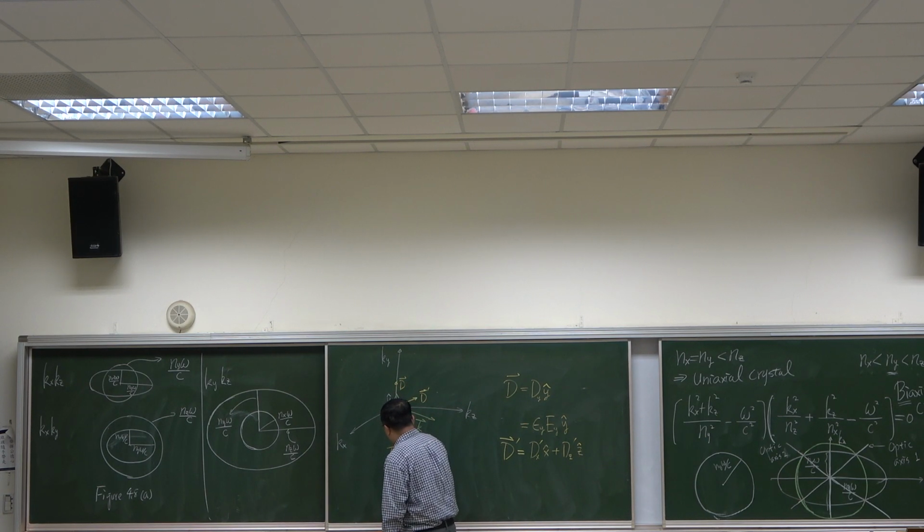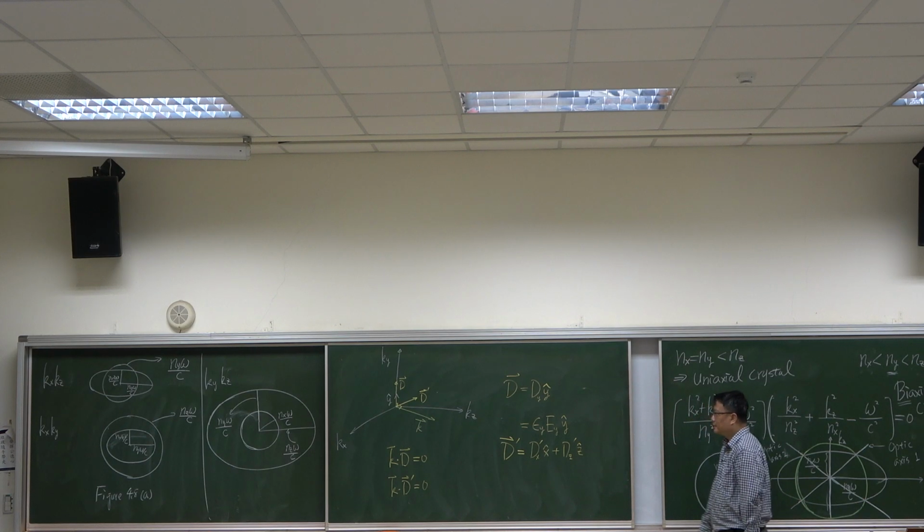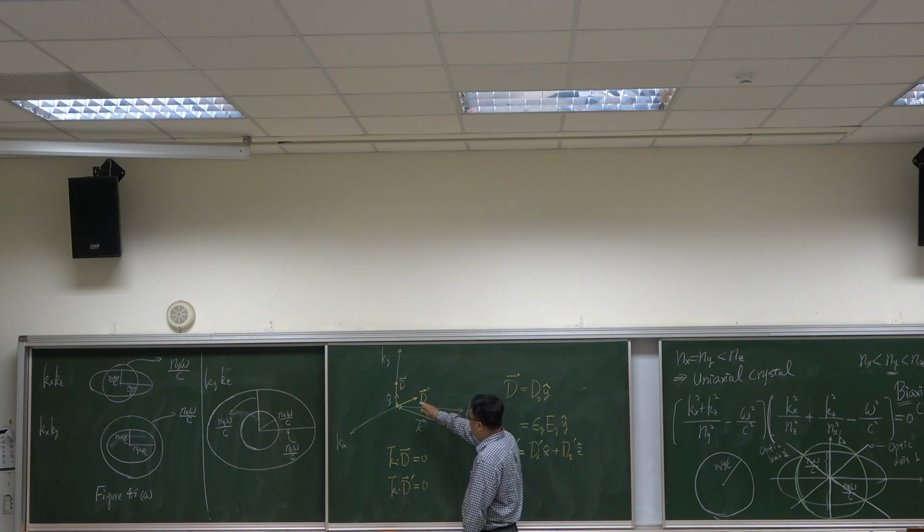K dot D is equal to 0, and K dot D prime is also equal to 0. Then corresponding to this D,